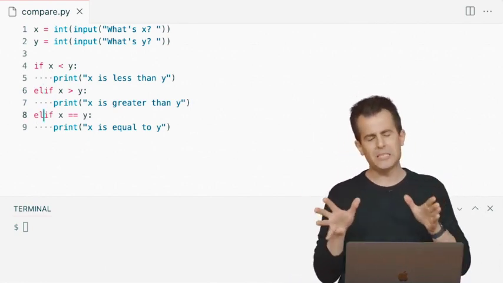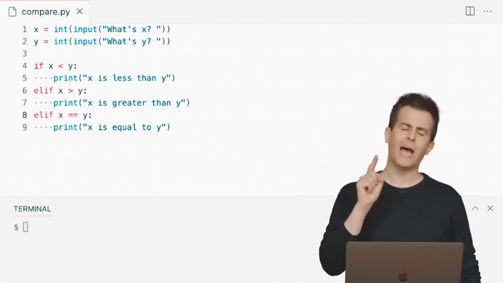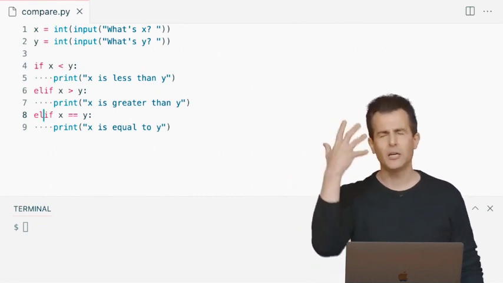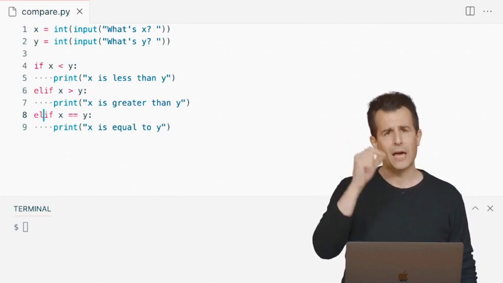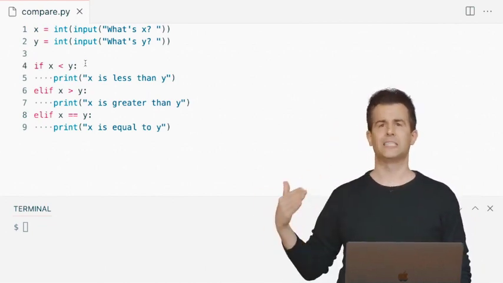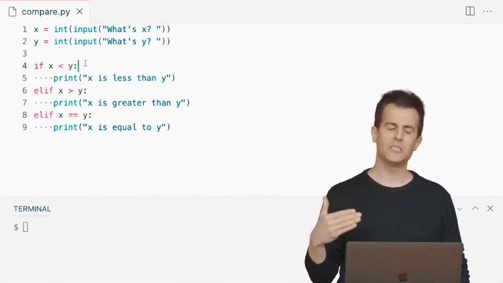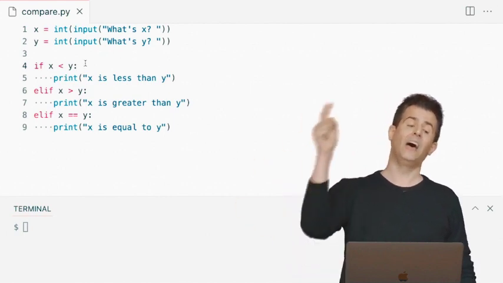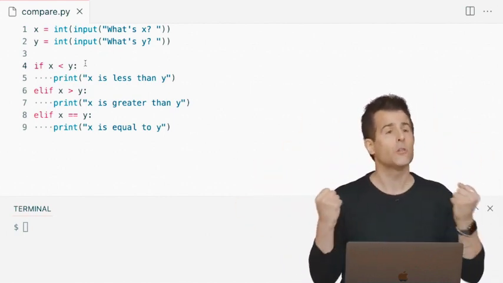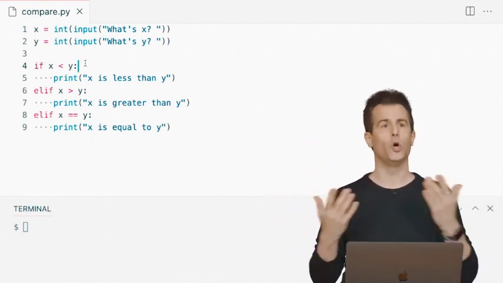So I'm going to implicitly, just like in English, take into account that I'm only going to keep asking myself these questions if I haven't yet gotten a true response. Think about the logic here, the English. If x is less than y, on line 4, print out x is less than y. Well, if that's the case, you're done logically. Because if the English is saying if x less than y, else if x greater than y, those are going to be mutually exclusive if the answer to the first question is true. You don't have to keep asking questions to which you already logically know the answer.